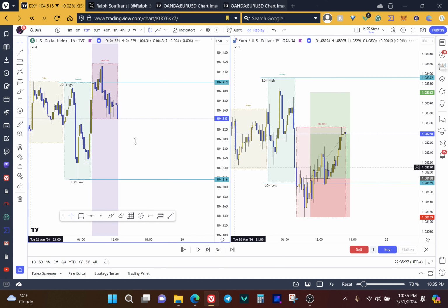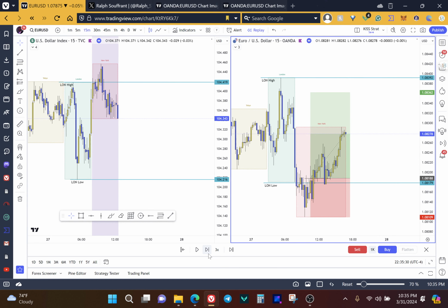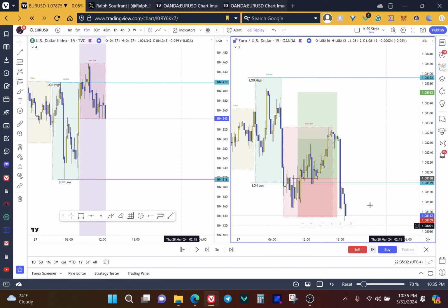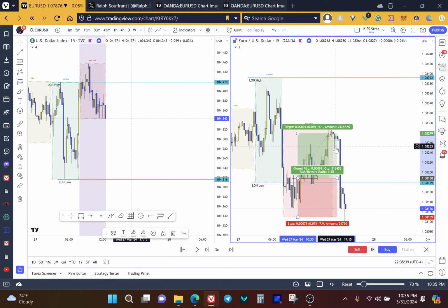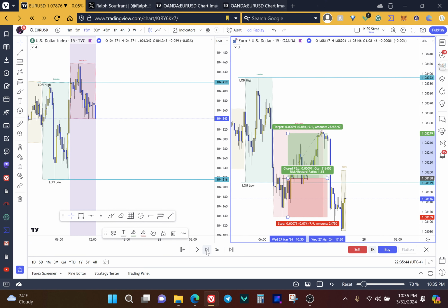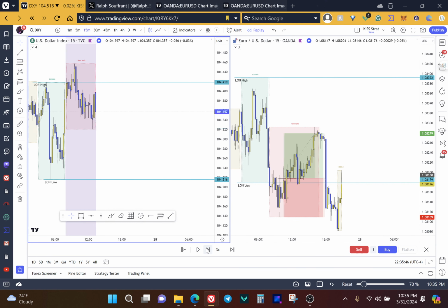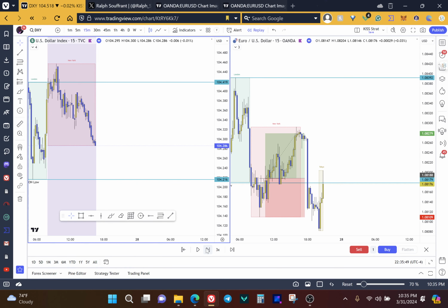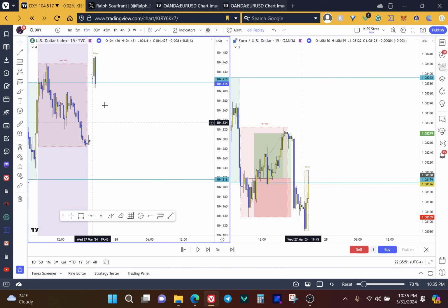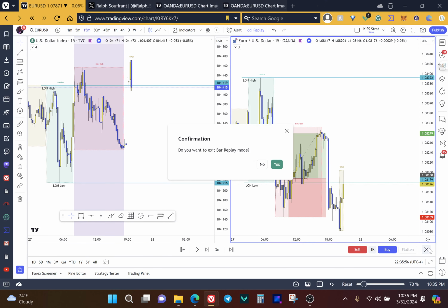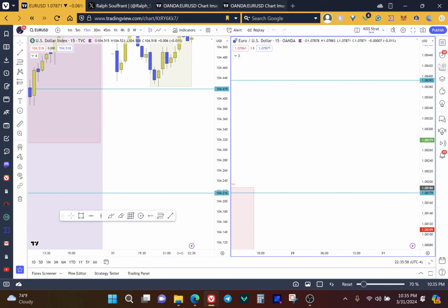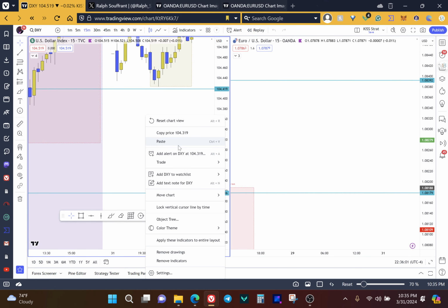Now I'm going to zoom out to the 15 minute, and then we can continue. And this is pretty much where the trade ended, around here, right before 5 o'clock. And then after that, EU did end up dumping, and then taking out those lows. Had a big gap here. So now if we get out of replay mode and clean this chart up a little bit,